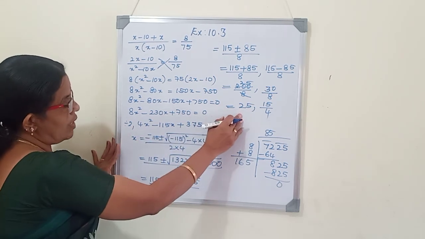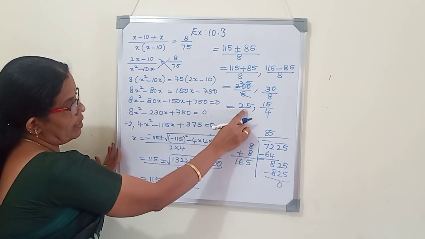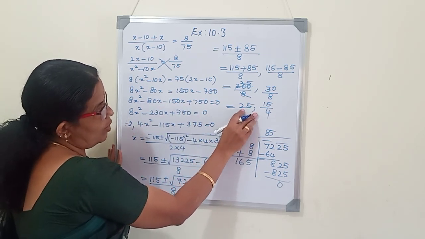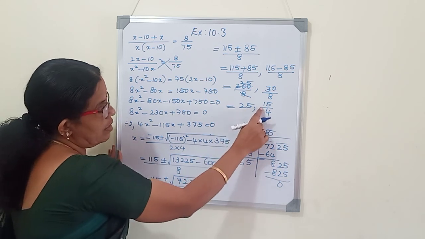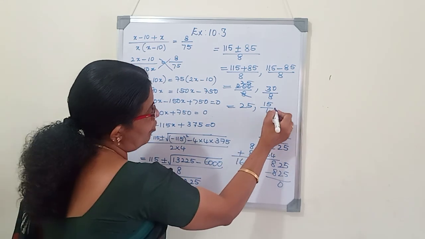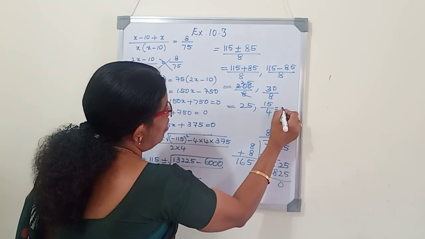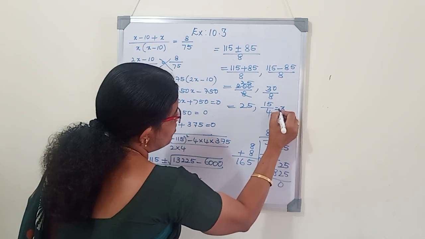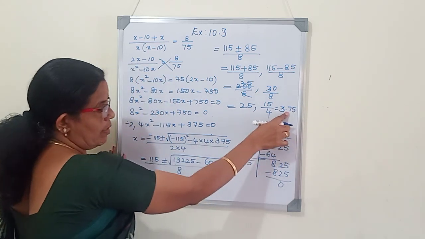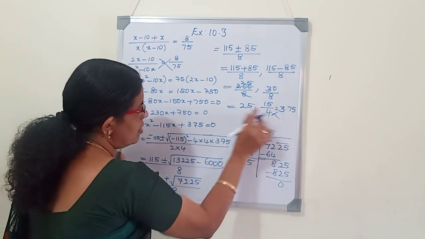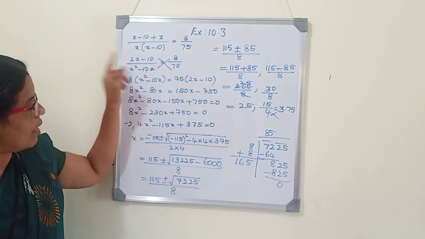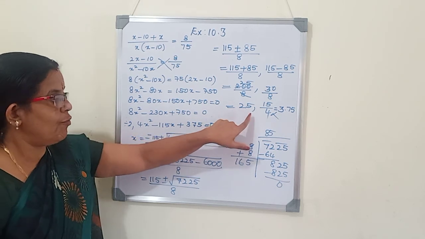So the time taken by the smaller tap to fill the tank is 25 hours. The time taken by the larger tap is x minus 10, 25 minus 10, 15 hours. As 15 by 4 is a smaller number, if we subtract 10 from it, we get 3.75 and again subtracting gives a negative number, so we will avoid this. So the time taken by the smaller tap to fill the tank is 25 hours and the time taken by the larger tap is 25 minus 10, 15 hours.